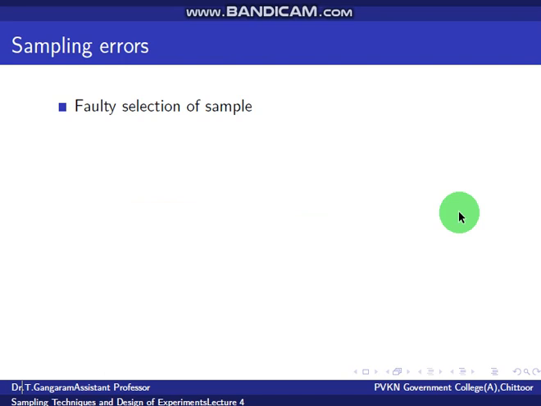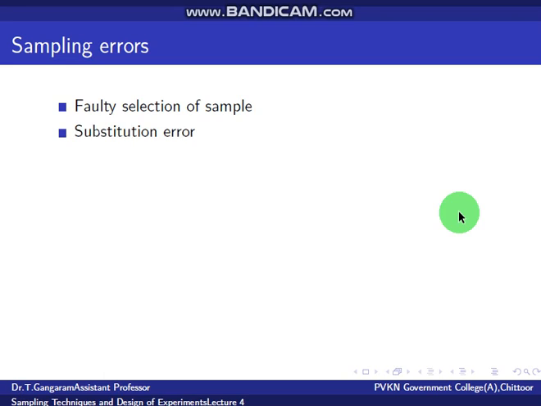This is a part of sampling error due to improper use of sampling technique. For the selection of a sample, for example, if we use simple random sampling instead of stratified random sampling, then there will be error in the estimates. This error can be avoided by strictly following the correct sampling procedure.